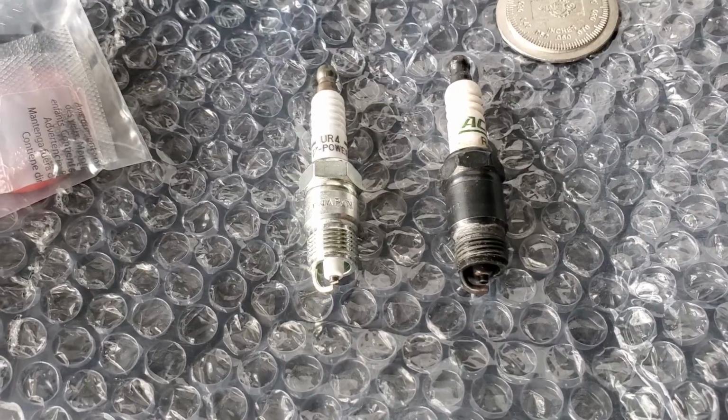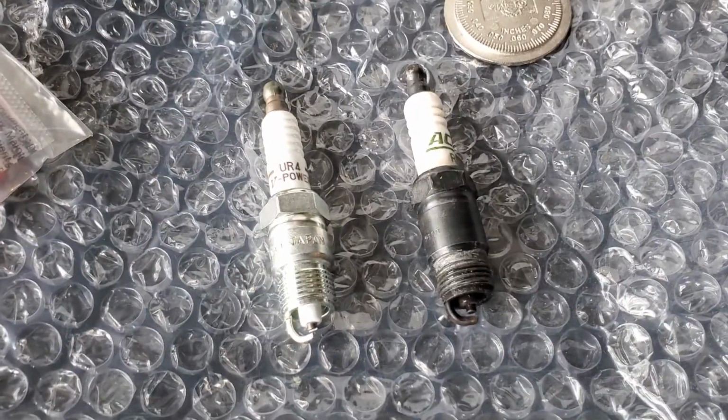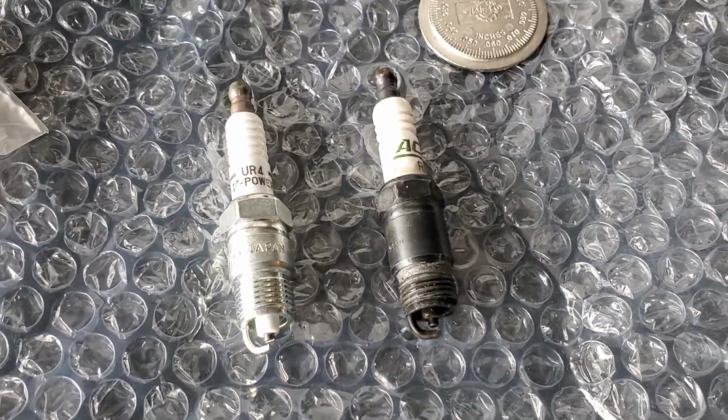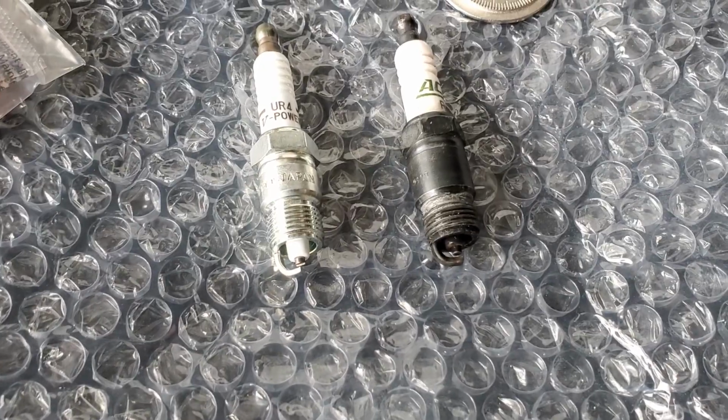So, maybe this is what's causing it. Maybe I'm just not getting that good spark in the higher range. So, anyway,